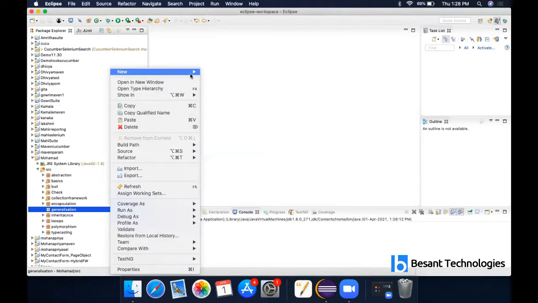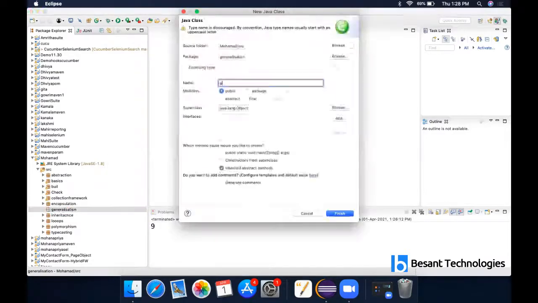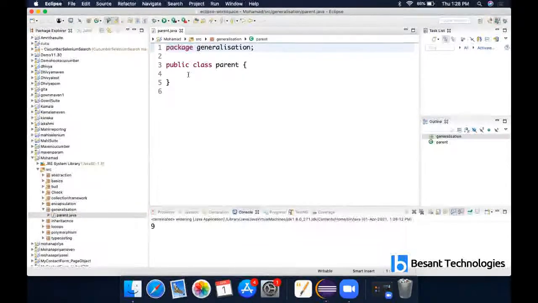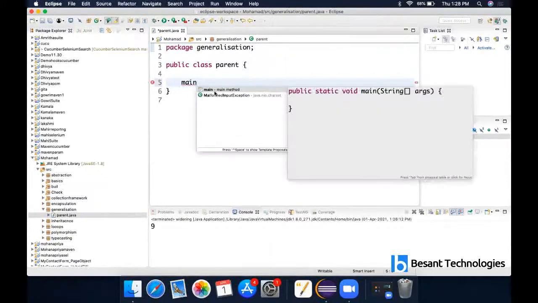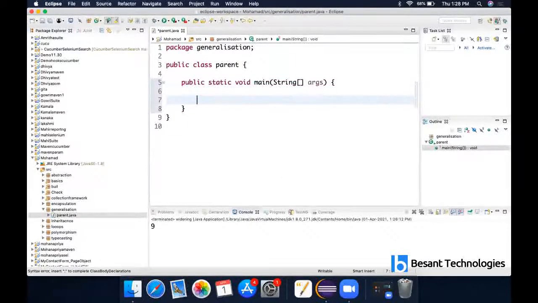Now can you type it? Yes. So the other terminology, they will ask you what is a relationship and what has a relationship. So inheritance, other name is a relationship.